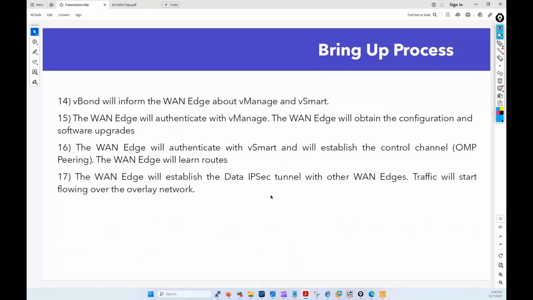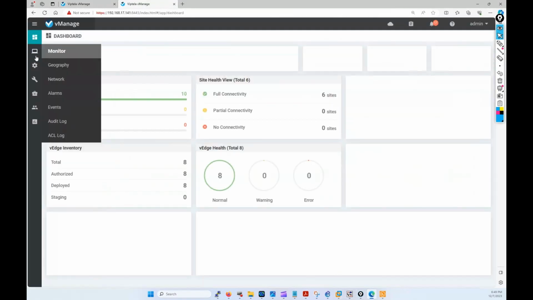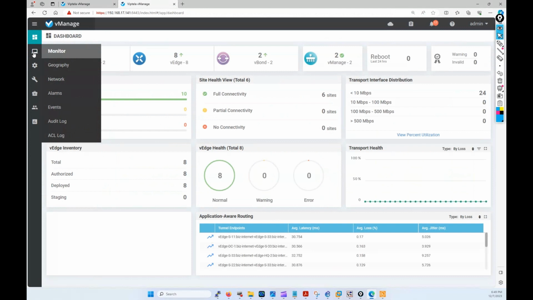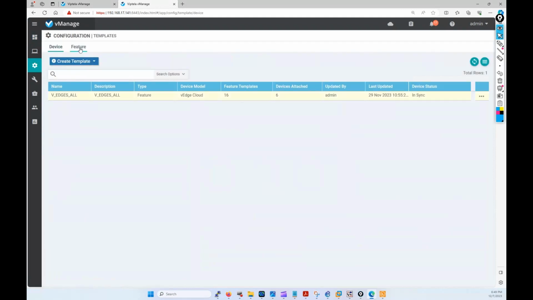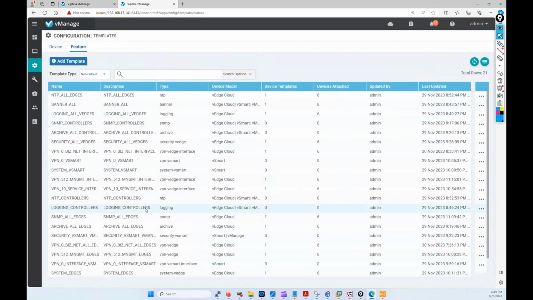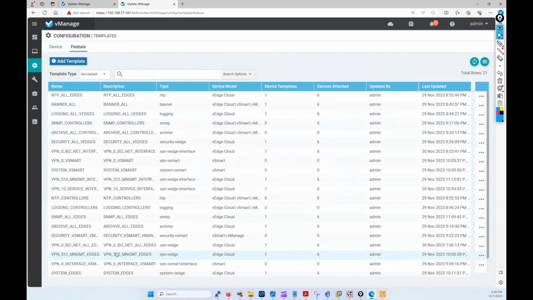We will start talking about the templates, how you can build your templates. I already have templates created, but we're going to see. Let me go here, sorry. Configuration, templates. We have the feature templates. I created many templates that allow you to bring up your network, to allow connectivity between the sites,